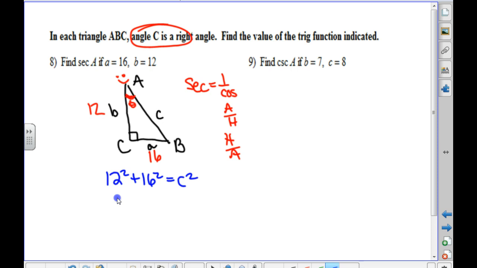Anybody recognize this? It is a 3, 4, 5. This is 3 times 4. This is 4 times 4. So this one is going to be 5 times 4, which is 20. Yeah. Did somebody type out 12 squared plus 16 squared and then square root, and it turns out 20? That's another thing that is a big time saver